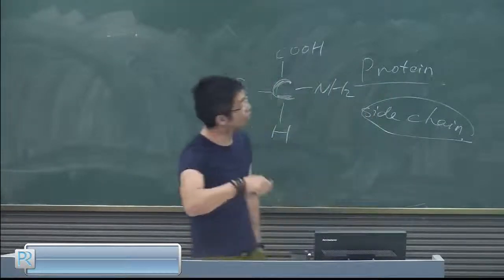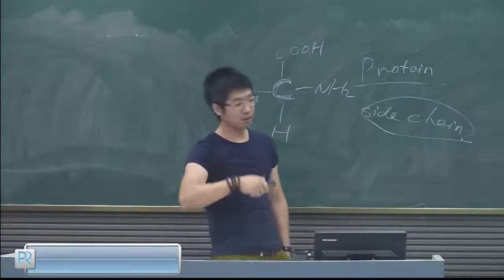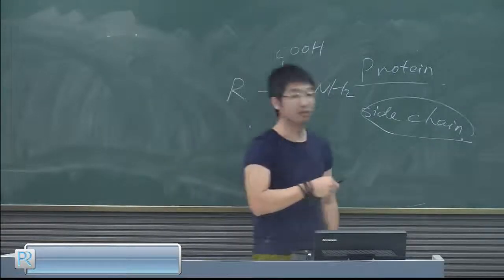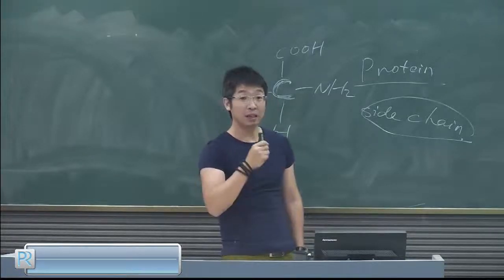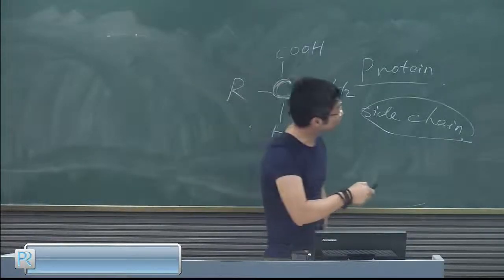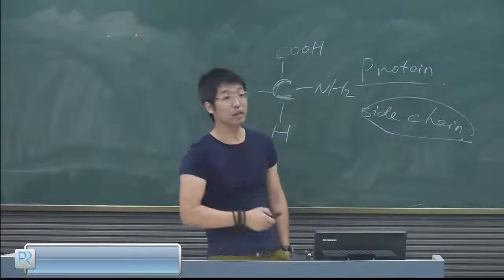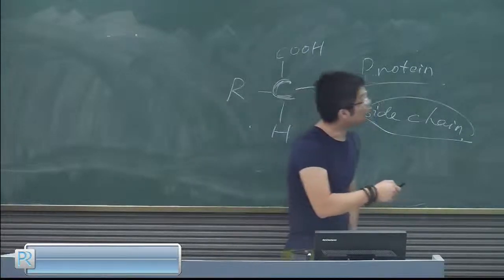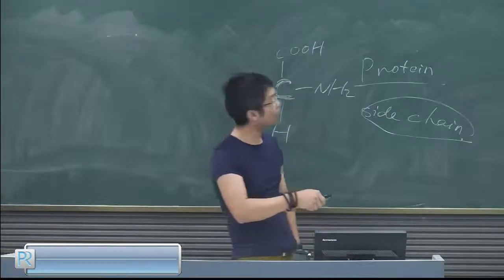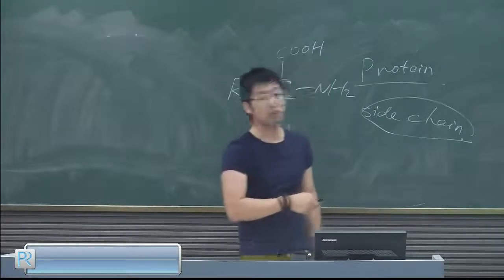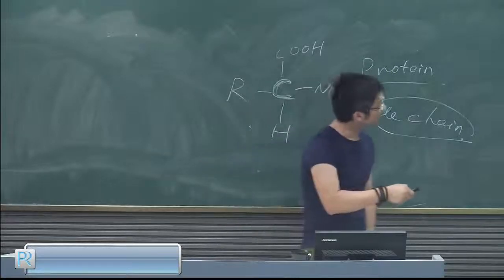All of them are 20 amino acids. The first one is glycine, right? Glycine is the basic, easiest amino acid of the 20 amino acids. And alanine, and valine, leucine, isoleucine, and methionine,